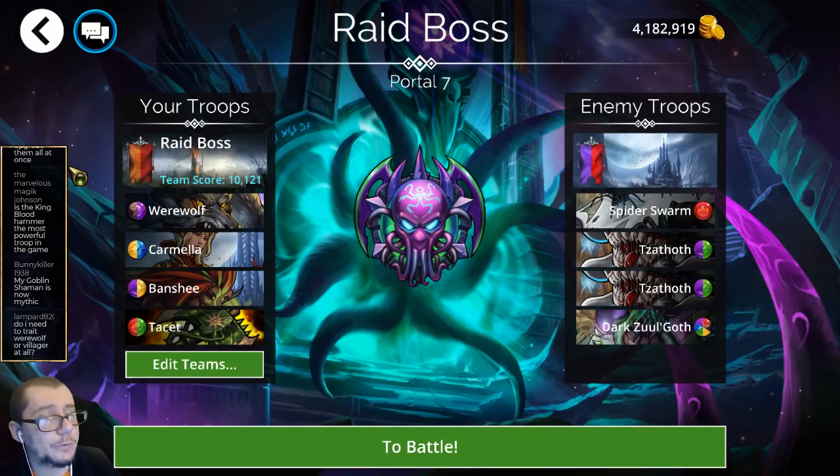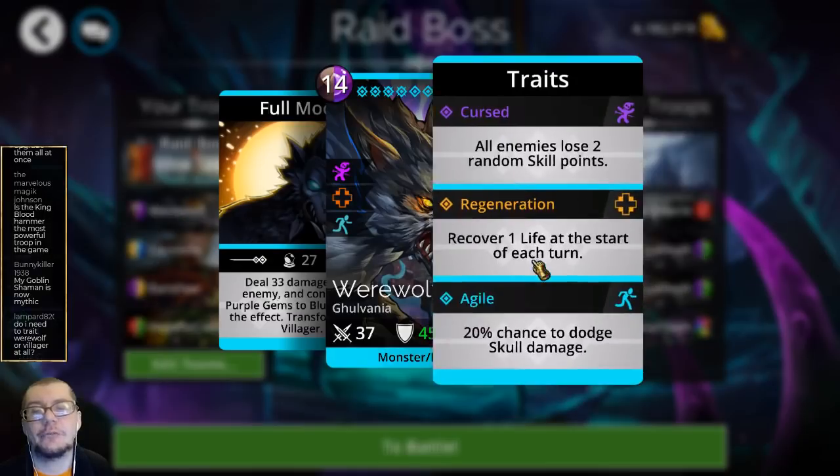Do you need to trait werewolf or villager at all? It's helpful, though not required. What's helpful about it is they both have agile. So, no, they don't. Never mind. I thought I meant stealthy, but I forgot. He has agile, the other one has stealthy, which makes it the stealthy trait on